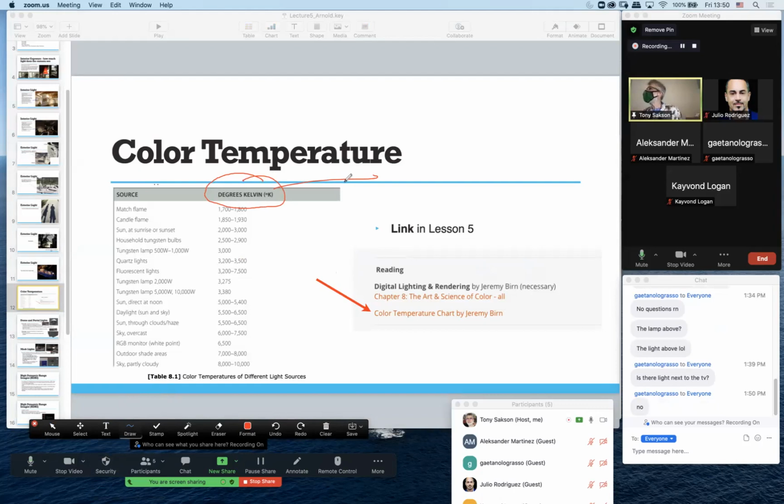Kelvin was an 18th century physicist, and he found when he heated a block of carbon that it glowed different colors at different temperatures. The hotter the carbon glowed, the cooler the temperature got. The cooler, the warmer the color looked,